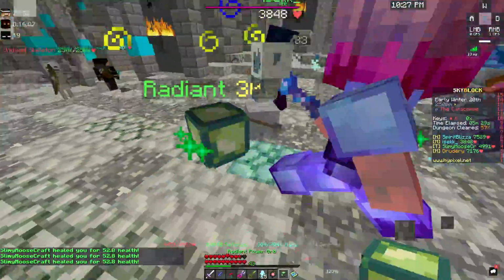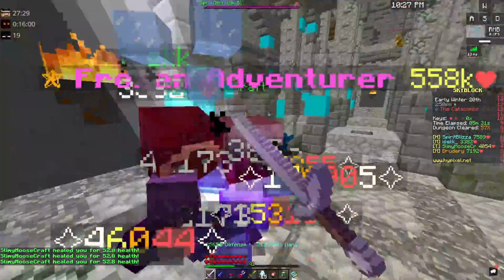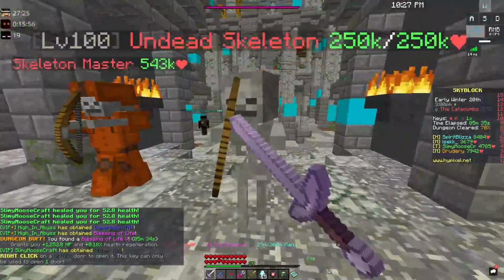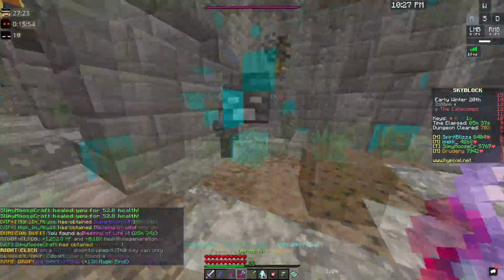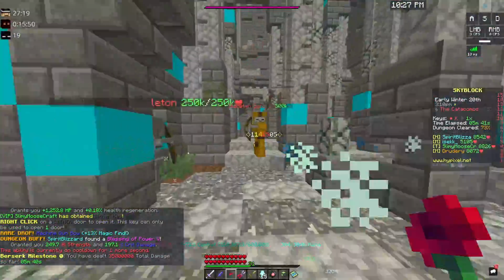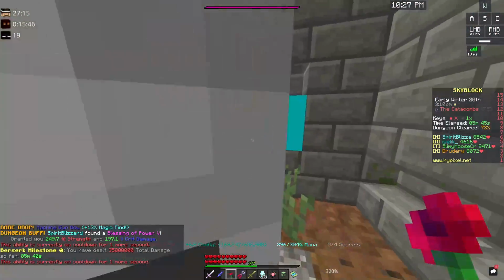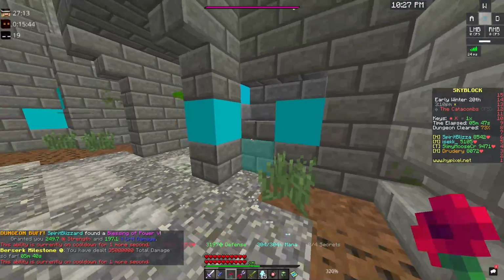Put down my Radiant Power Orb and see how fast we can kill this. I'm getting a bunch of backstabs. And he just got destroyed. Oh my gosh. There we go. There's our first 1,000,000. We got some more power. And we're consistently hitting for over 1,000,000. We got Power 7 now,